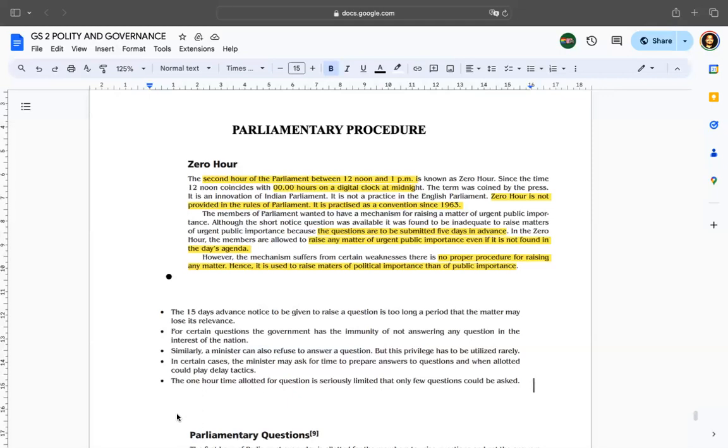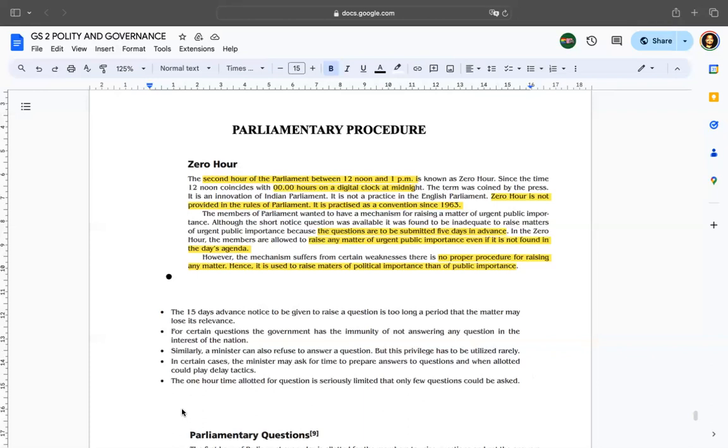So in the rules it is mentioned that the question will be oral, the answer will also be oral, and there can be a number of supplementary questions. For example, if I ask a question to Mansi and she gives an answer, but I think the answer is not sufficient for me, I ask a subsequent question on that. So that is the meaning of a starred question. A number of questions can take place, and in the rules it is mentioned that these kinds of questions will come under the category of green color.